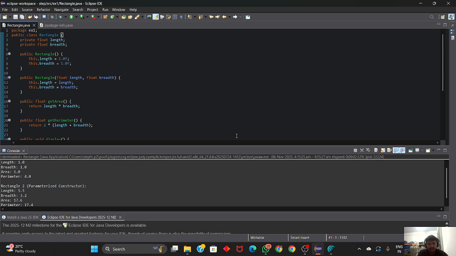This is the parameterized constructor. It allows the user to create a rectangle with specific length and breadth values. For the next rectangle, we give the values for the rectangle, and then the output will be,